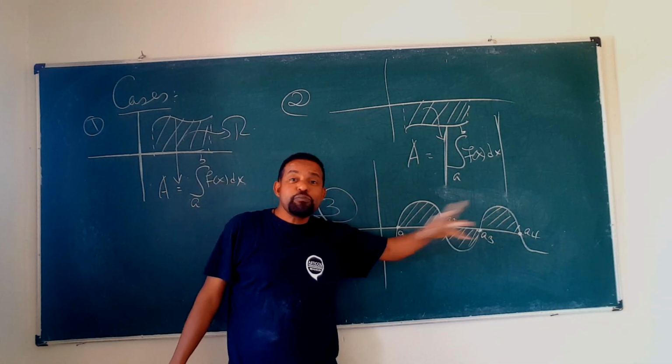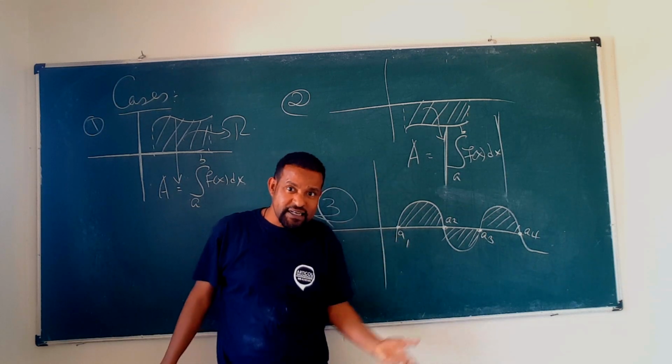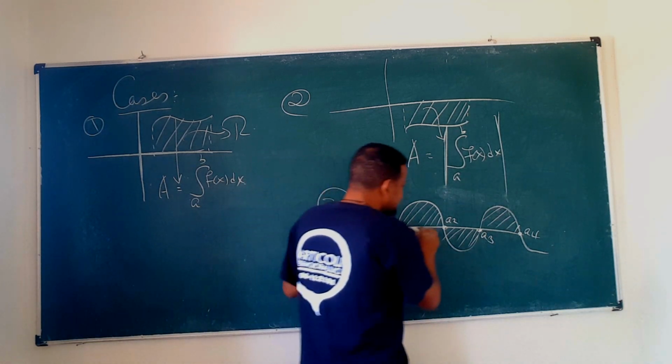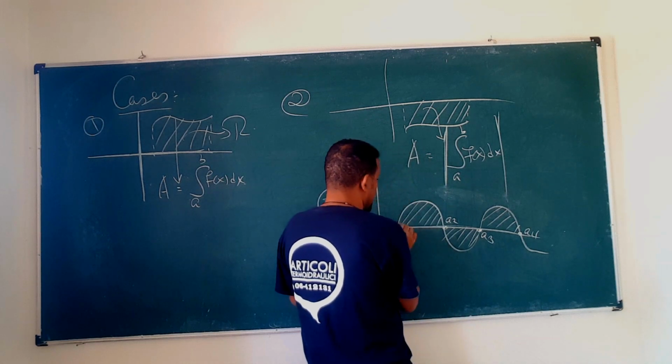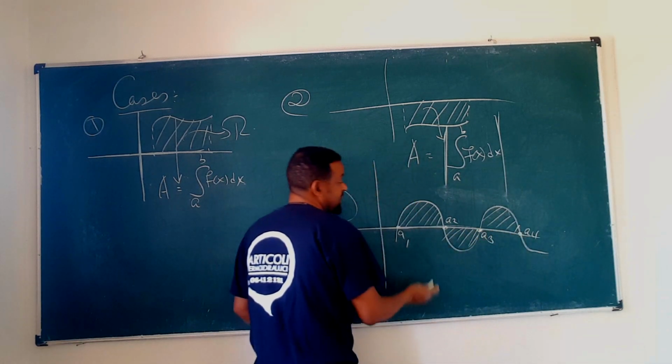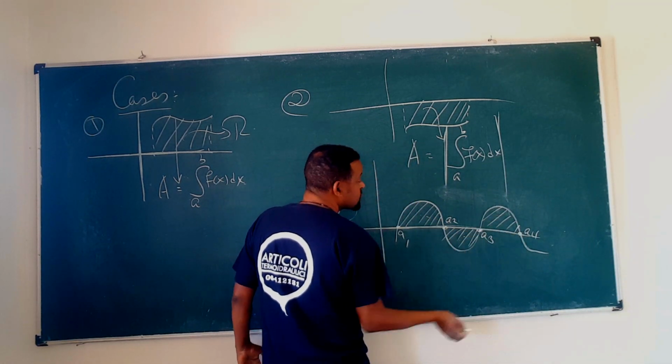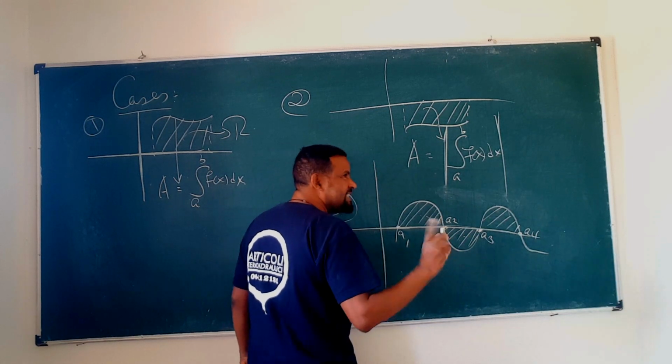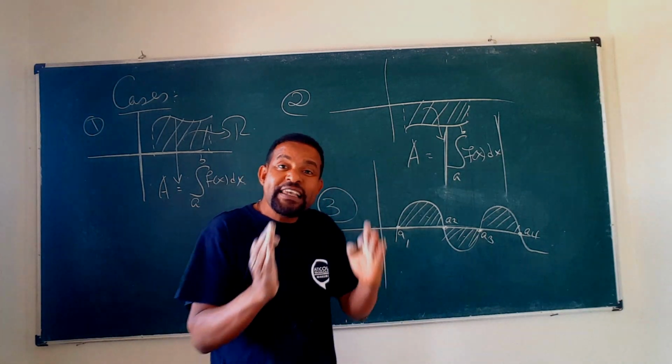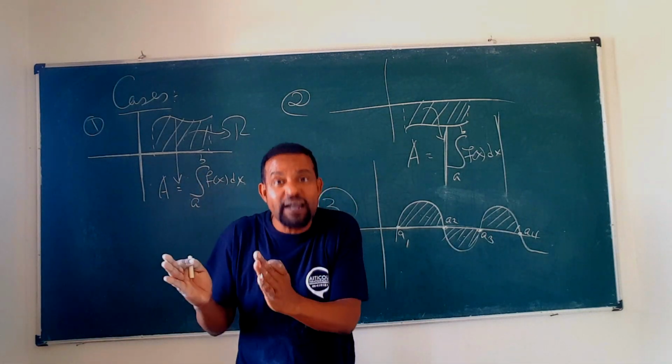1 2 3 ቦታ ተከፍሏል። By what? By the x-axis, alright? x-axis ሪጅኑን ስንት ጊዜ ነው ክሮስ የሚያደርገው? 1 2 3 4 ጊዜ ክሮስ ስለሚያደርገው ስለዚህ ሪጅኑን ስንት ቦታ ተከፈለ? 3 ቦታ ተከፈለ። So in that case what you are going to do is that የእያንዳንዱን ኤሪያ ትፈልጉና ከዛ በኋላ